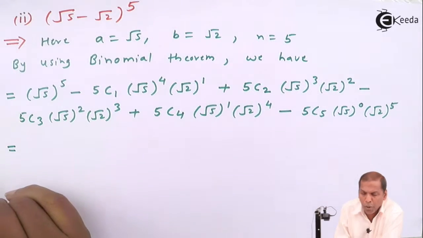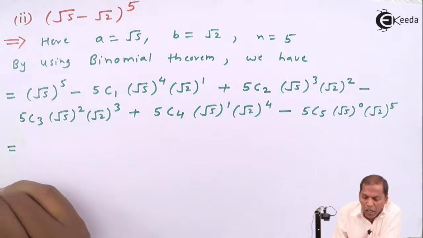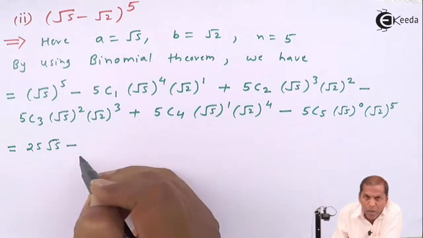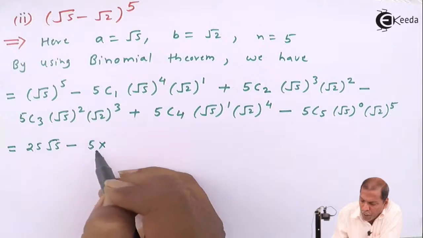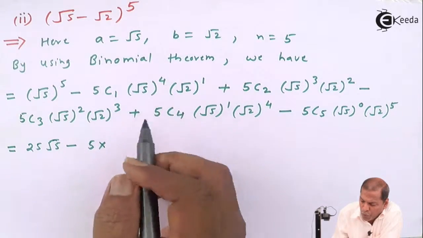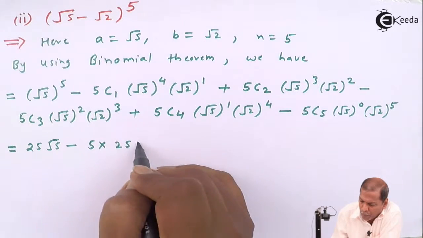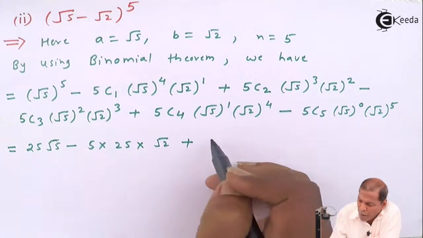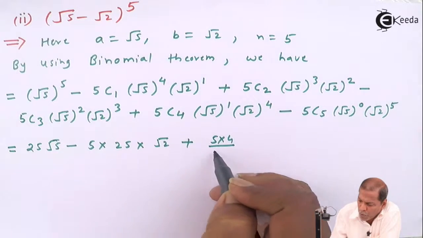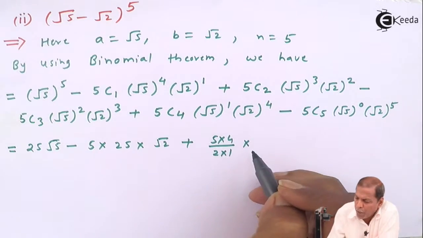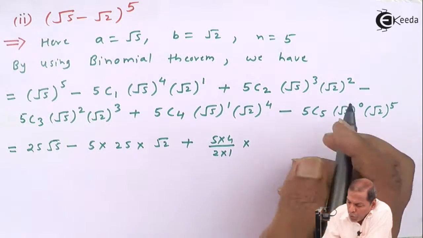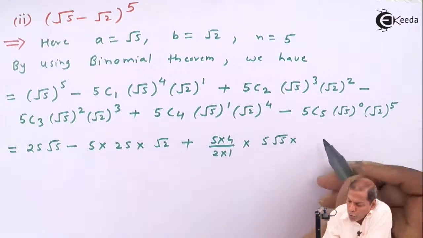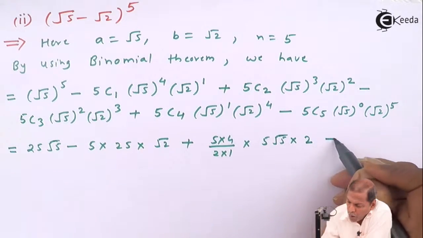So that equals, now (square root of 5) raised to 5 gives us 25 root 5, minus 5c1 gives us 5 into (square root of 5) raised to 4 which gives us 25 into square root of 2, plus, now for 5c2 we write 5 into 4 upon 2 into 1, into (square root of 5) cube, that gives us 5 root 5, into (square root of 2) whole square gives us 2, then minus